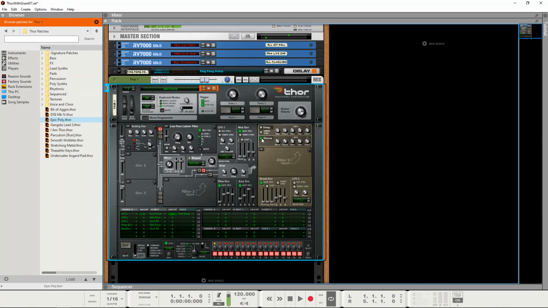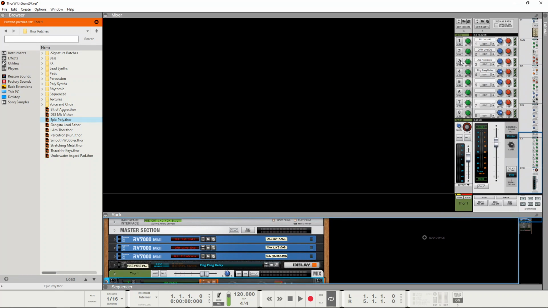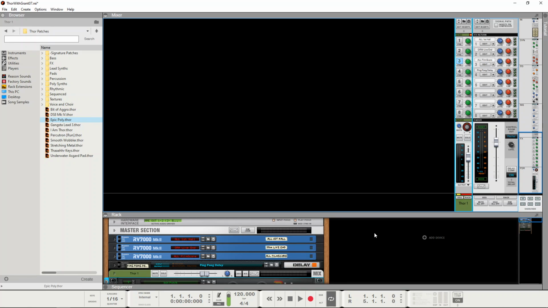So you can just have chorus on or off, and if you want to mess about with the rate and amount knobs, you can get all sorts of nice effects out of that. And what you might also want to do is cheating a bit, but if you bring in some luxurious reverb,